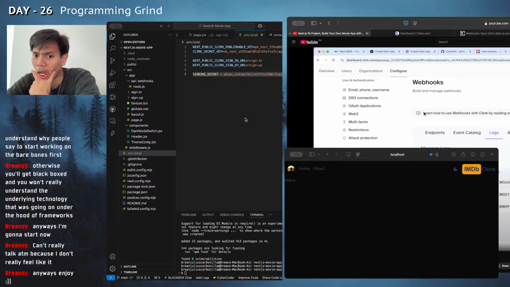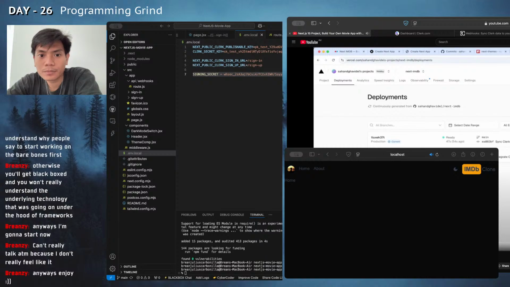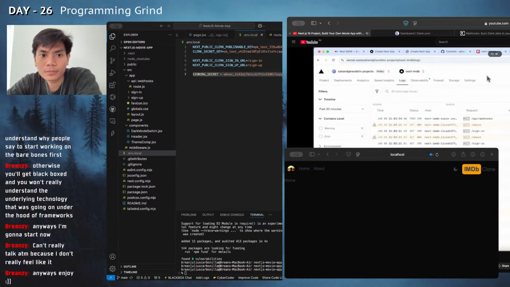As you can see, we have the session created. Now we have to check if we get this one in our server. So you go to Vercel, we go to logs. You can see now we get the request to /API Vercel, and we get